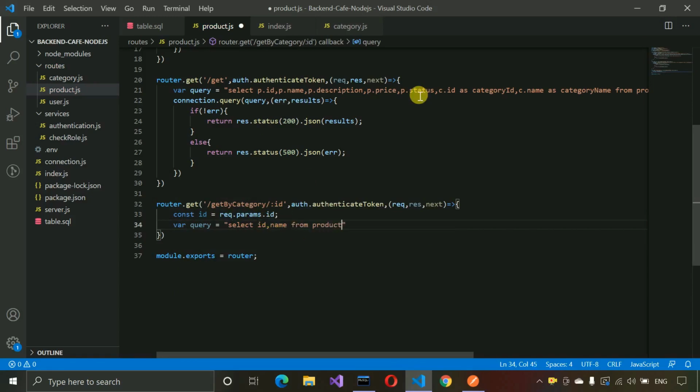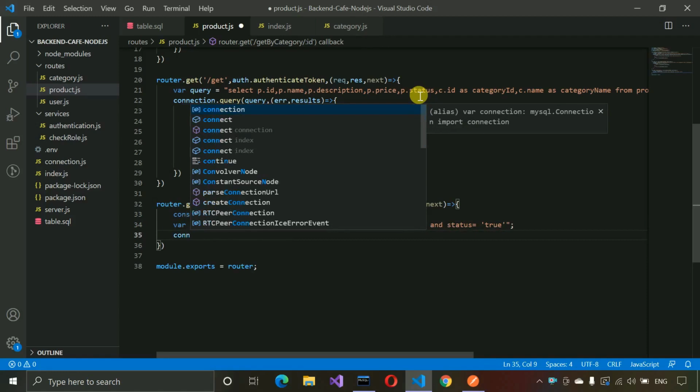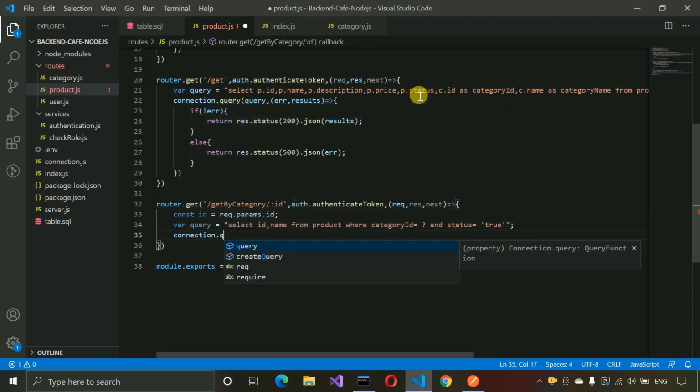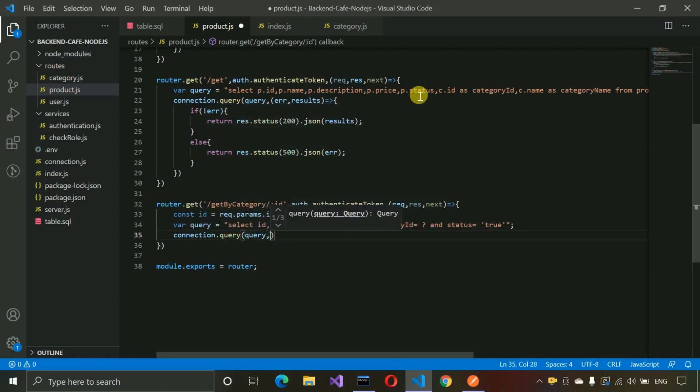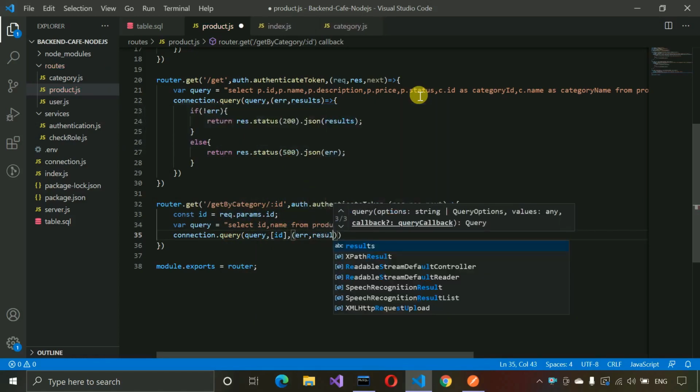So product where category id is equal to question mark, and we also need to check whether the status of that product is true or false. So if it is true, then only we are going to return that product, otherwise we are going to ignore it. Okay, so query is there, and in this we just need to pass our local query, and here we have to write id, and in this error, results, this one,